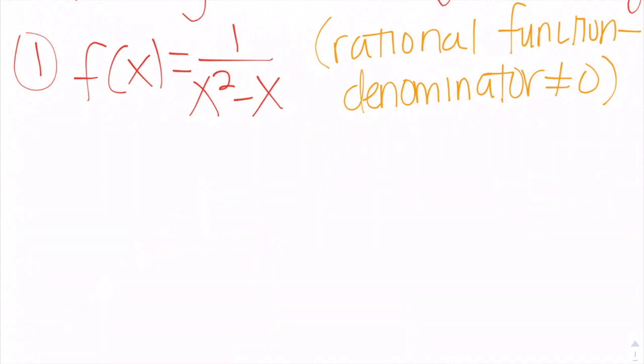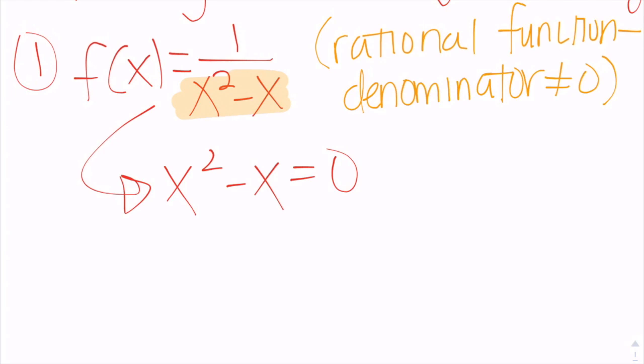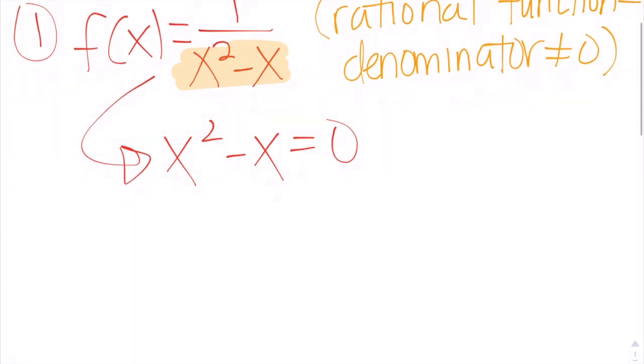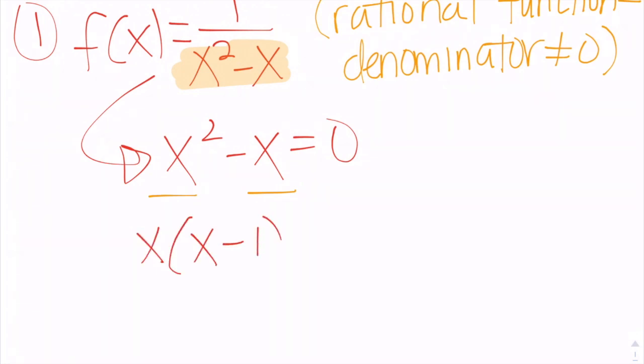So we're going to take this denominator here of x squared minus x, and we're going to set it equal to 0 and find what values of x would actually make this denominator be 0, so then we can use the fact that it cannot be 0 to find our domain. So to solve for x here, it's a quadratic equation, and to solve a quadratic equation you need to factor it. In this case here though, there's an x in this x squared and an x in the second term, so we're going to greatest common factor out an x, which leaves us with x minus 1,